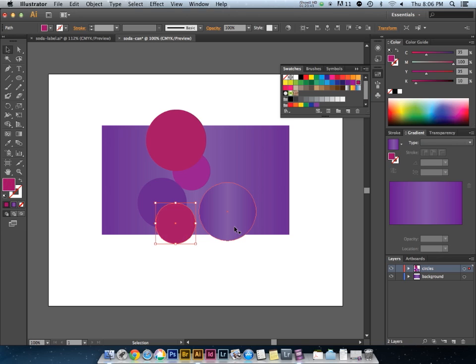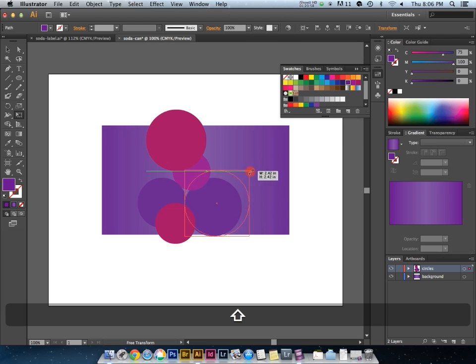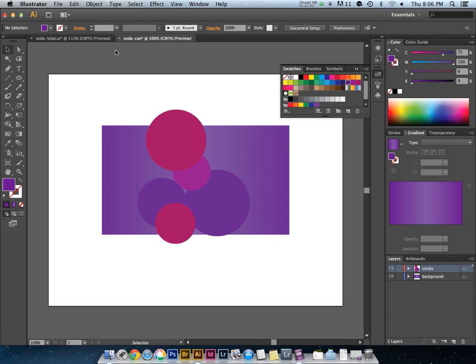Feel free to use whatever colors you want here. You don't have to stay in this cool color palette. You can even use warm colors if you'd like. But now you see I have a bunch of circles here, and they're overlapping, and I have them at different sizes. Okay. Now to create that effect that I had in the other artwork, all I did was apply transparencies